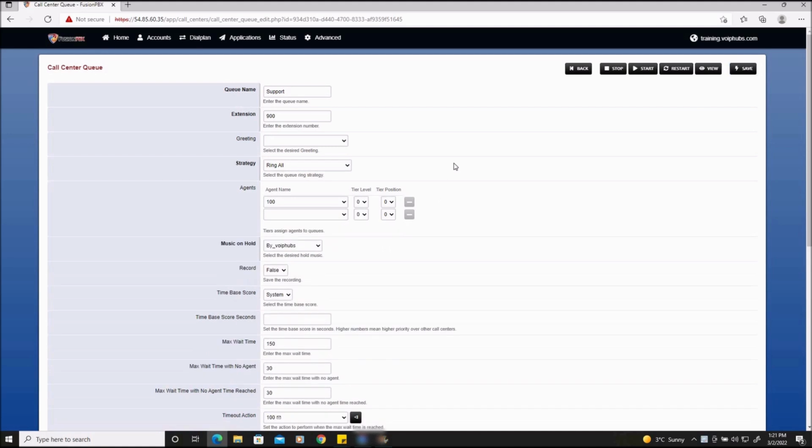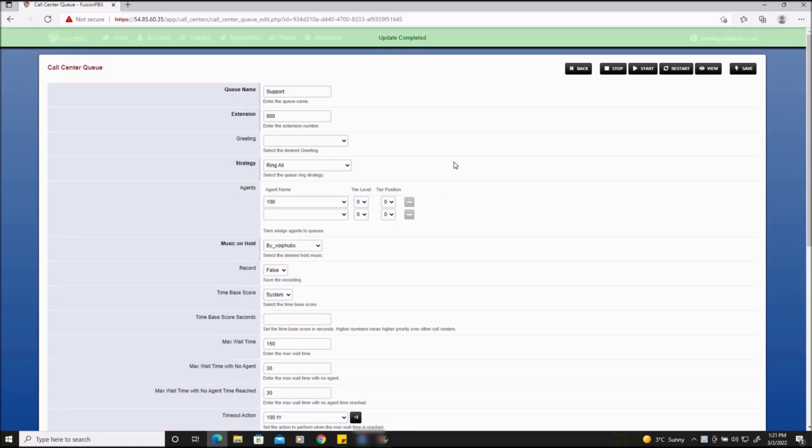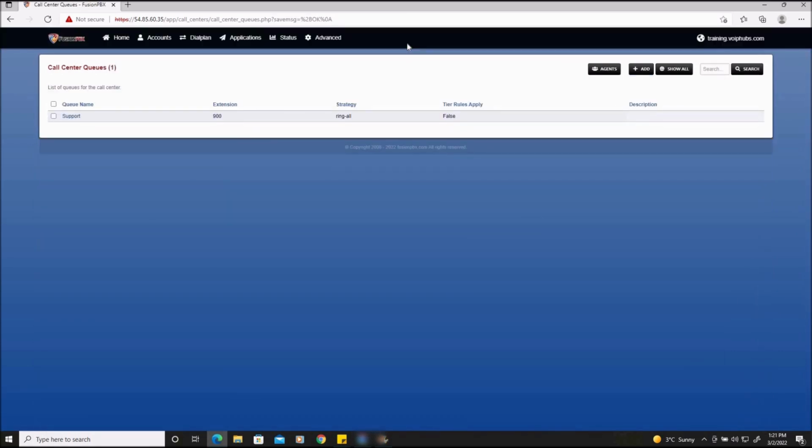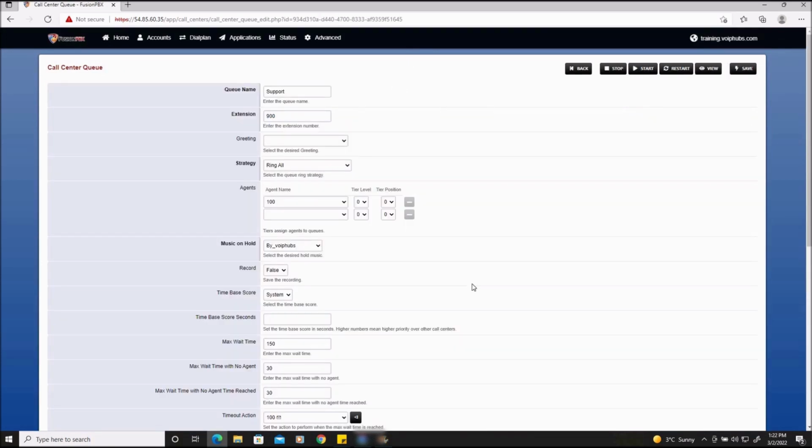One very, very important aspect when it comes to call centers is to make sure that you start the call center itself. If we just leave it as exactly what it is right now, nothing will happen. All of our efforts would have gone to waste because we haven't started the call center queue. So start the call center queue, get the OK,